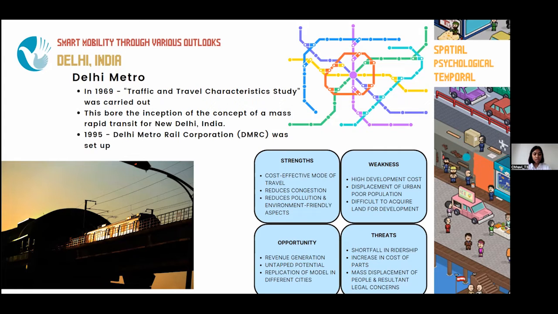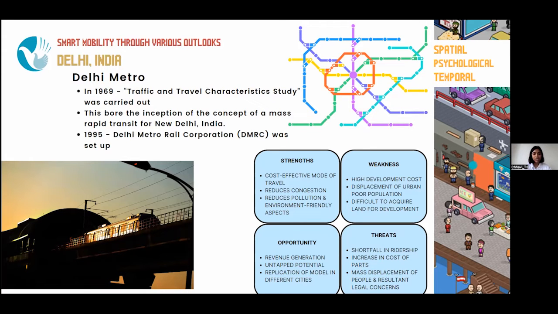With its unique structure, it has successfully catered to these issues, with its most significant achievement being recognition from the UN for its environment-friendly construction. Moreover, it is the first railway project in the world to earn carbon credits and has so far earned 400,000 carbon credits. However, as with every other advancement, it does have certain shortfalls, as can be viewed on the screen, which